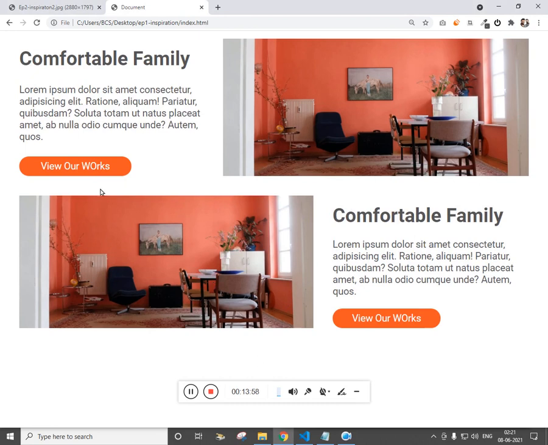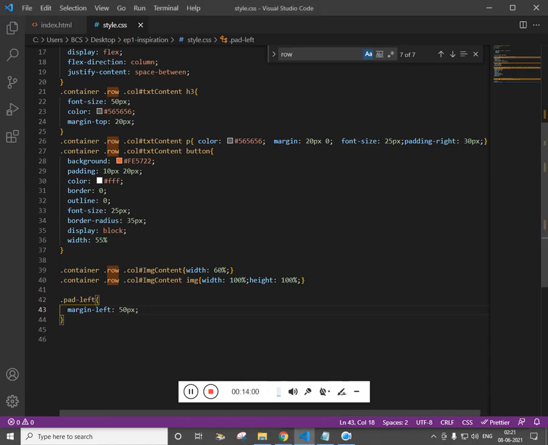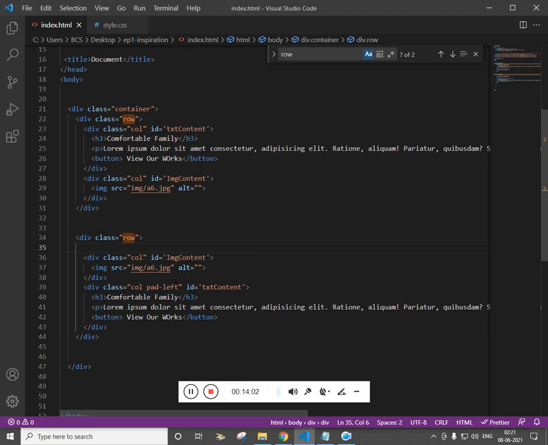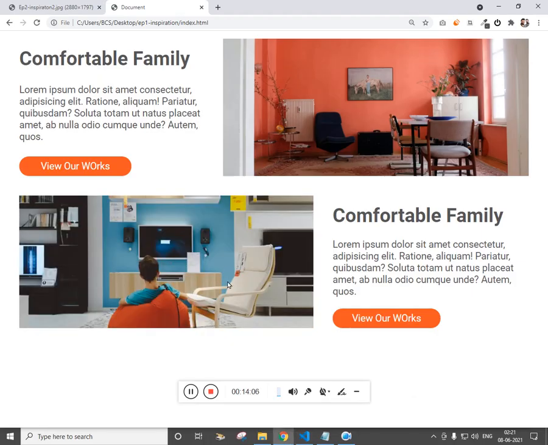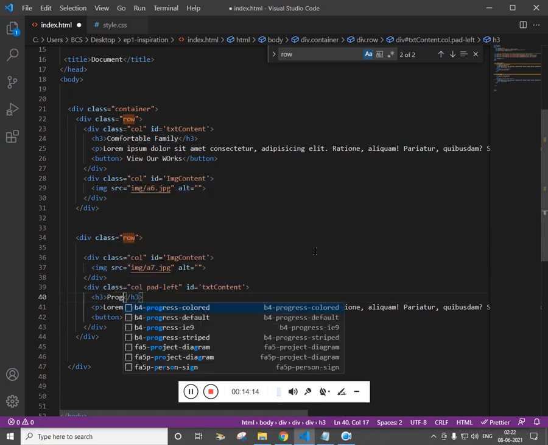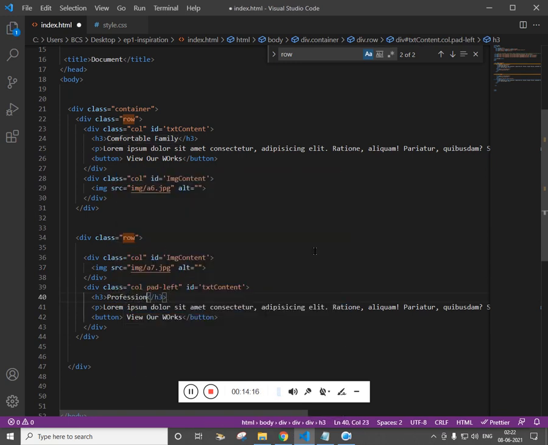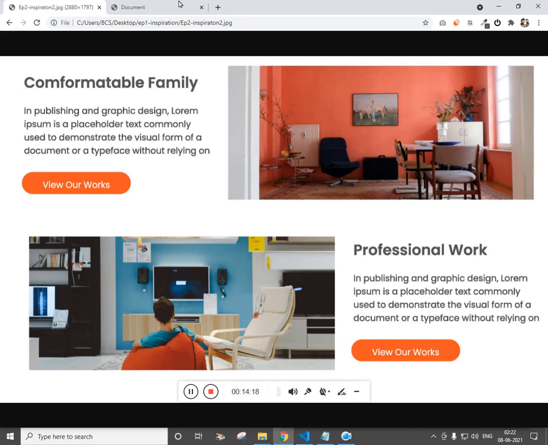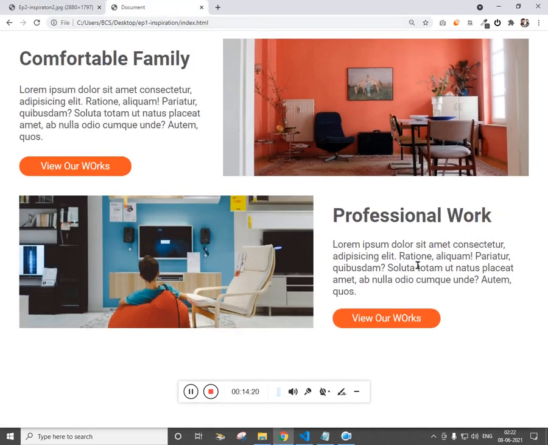So that looks great. Now we just have to change the color, change the image A6 to A7. So we have completed this. So just professional work, the text is remaining. So for the desktop the work is done.